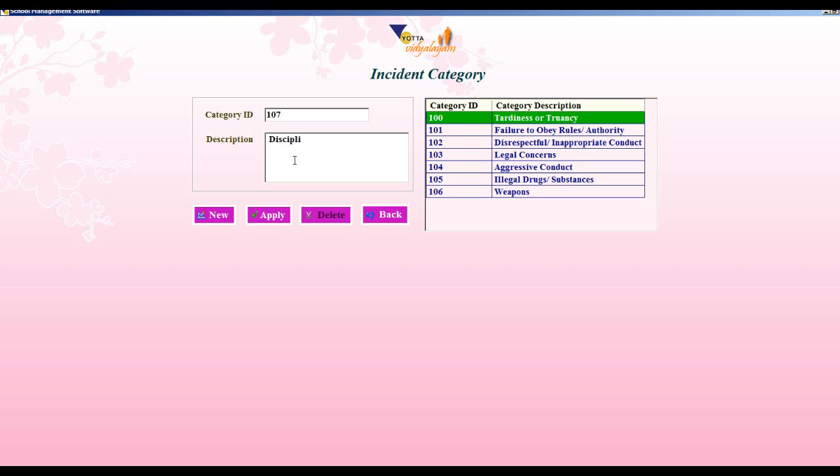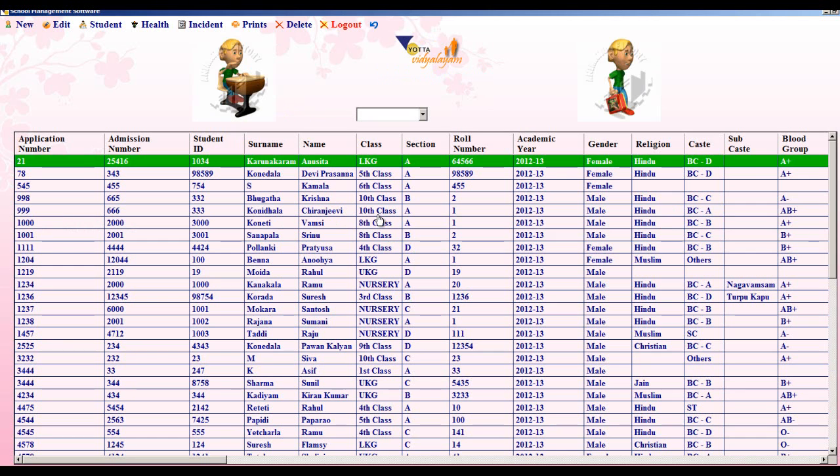So I'm just going to create a test category called discipline management and then apply. So there you see, you can add a new category, and then let's go back,